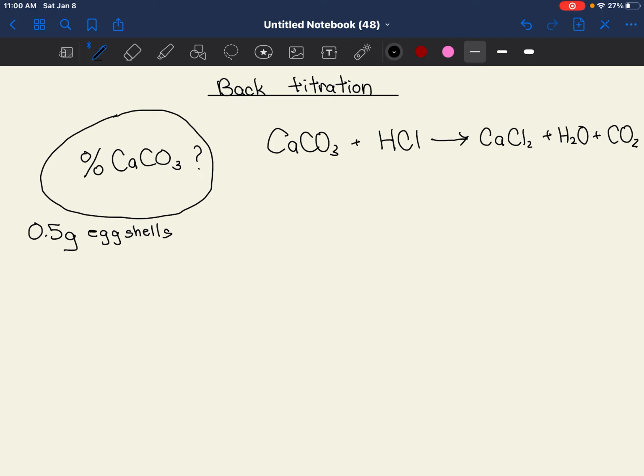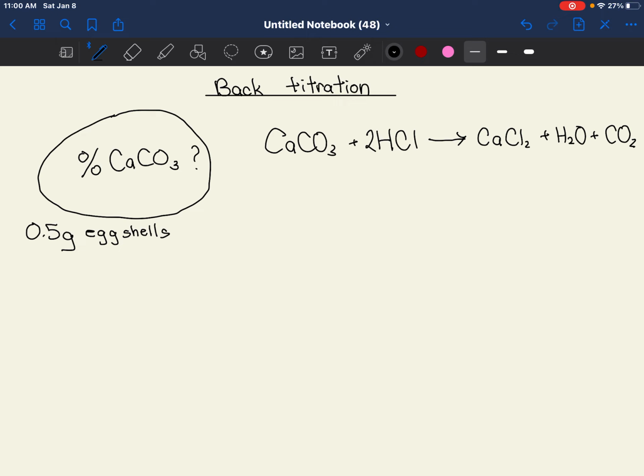That's the chemistry behind this. And just to make sure that things are balanced, of course we're going to put a 2 here, to compensate for the fact that all reactions need to be balanced